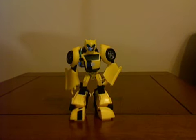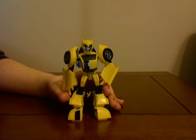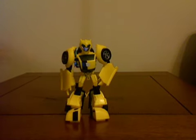Okay, doing something a little different today. I'm starting with the robot mode first, and the comparisons and all that stuff, but I'm doing it for a good reason. This guy is pretty difficult to transform. Actually, he's probably the hardest of all the animated figures to transform, and it may sound like a joke, but it's really not. I've transformed all these other figures that I've reviewed with relative ease. This one I was very tempted to use the instructions on, so he's a little difficult, especially for a child